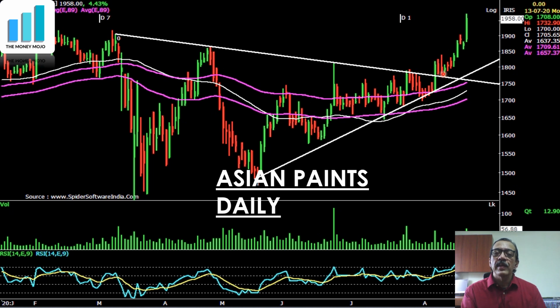The earlier HDFC Bank example was an example of a continuation trade. Here it is not an example of a continuation trade. If you look at this trend line, yes, it is a continuation, but if you look at this trend line, this is a breakout above the trend line, and this is an example of a perfect breakout because it broke out, consolidated, took support on this trend line and then moved up. That is why Asian Paints is a perfect example to trade if it breaks out above this high. So once you saw this kind of formation, you can easily take a buy call on Asian Paints.